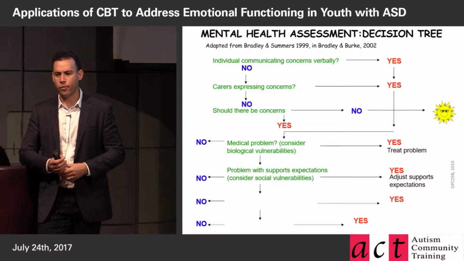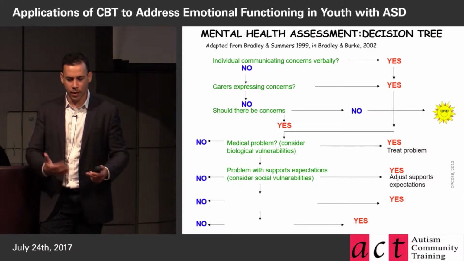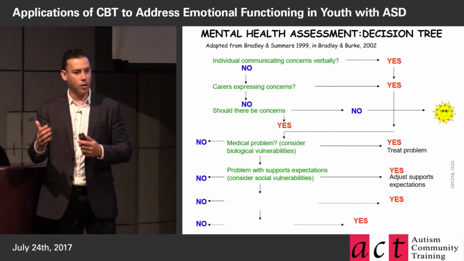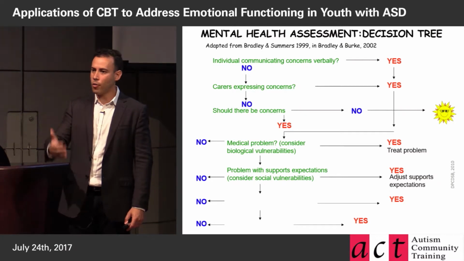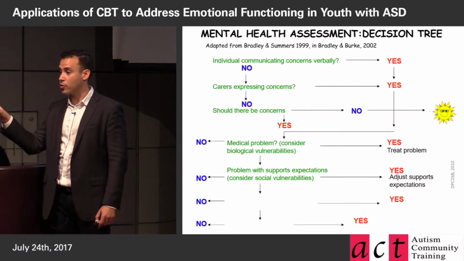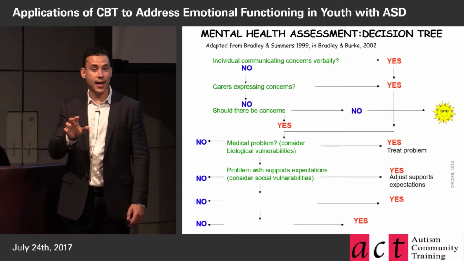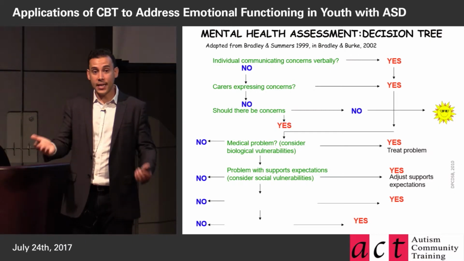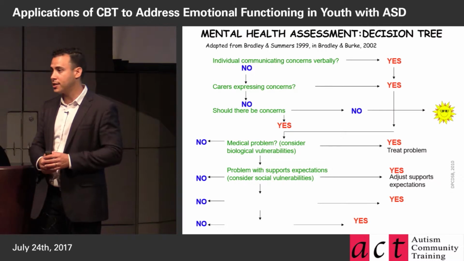We're often very keenly aware of the first, and it's automatic to assume it, right? If you have a certain capacity and ability, and people set the bar so much higher than that, and they don't bridge that gap, they don't help you, of course you're going to feel anxious about something. You're being asked to do something that's not within your wheelhouse. It's not fair. That's not a mental health issue or disorder. It's not a psychiatric disorder. That's a logical, rational reaction to the fact that you're in a situation that you shouldn't be in with the level of supports being provided. If that's the case, then we adjust those supports, or we adjust the expectations, depending.